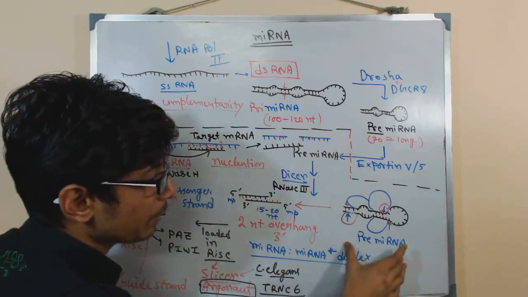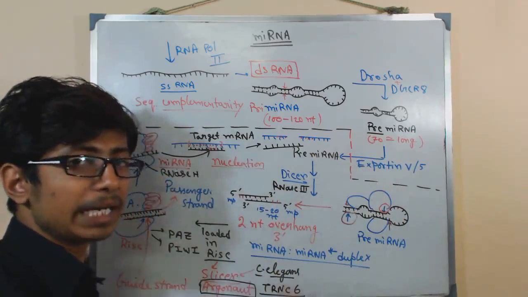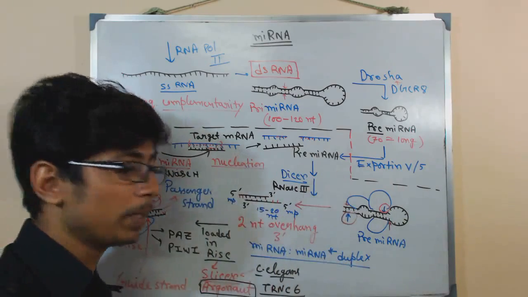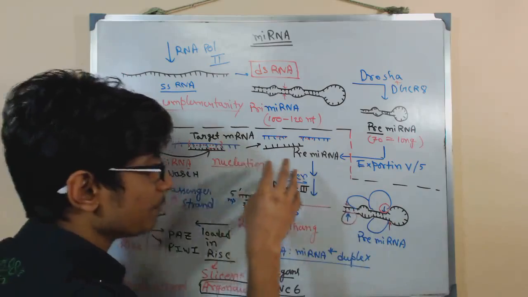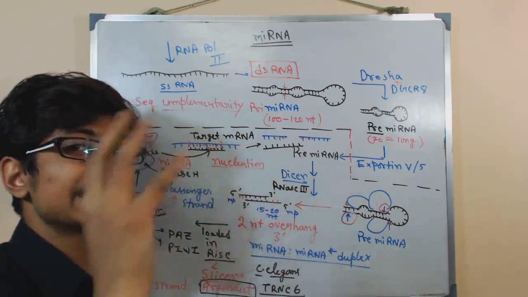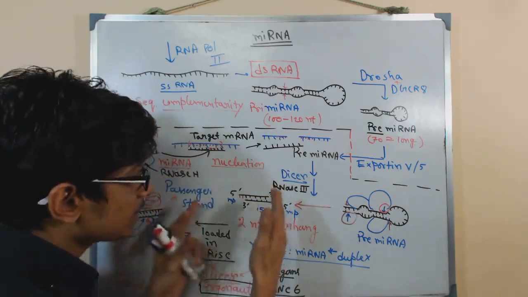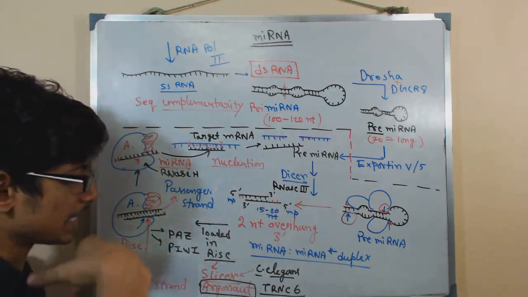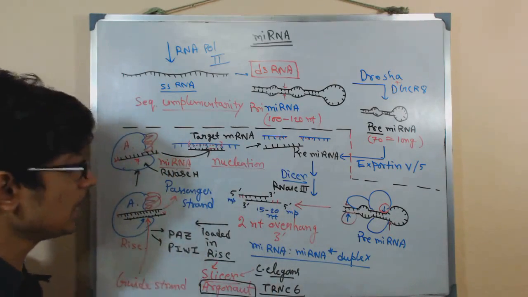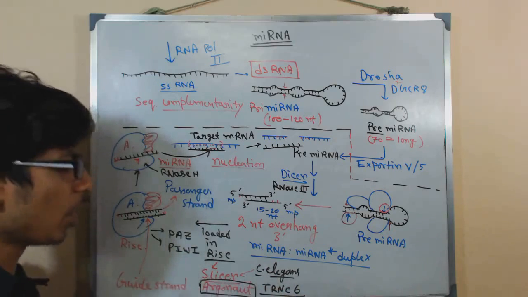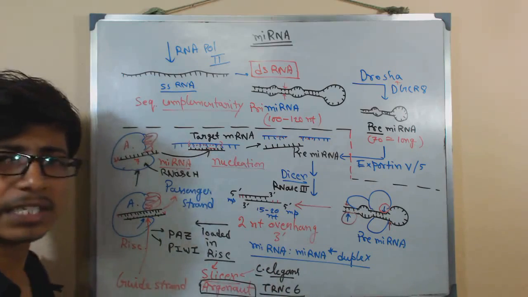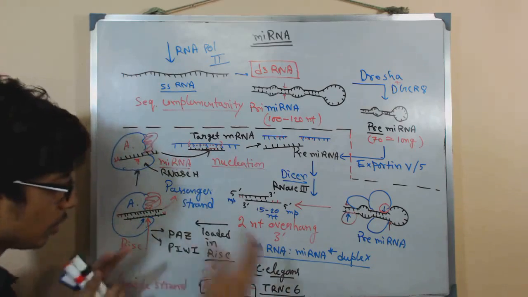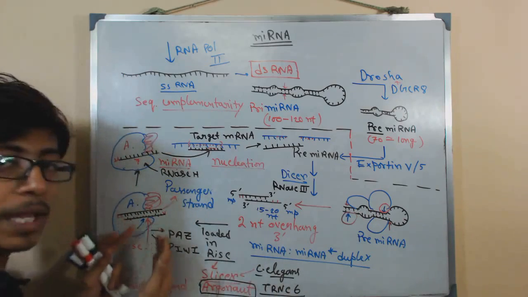Then it produces the pre-miRNA, and that pre-miRNA will be cleaved and processed to produce the miRNA/miRNA-star duplex. That is due to the activity of the enzyme Dicer, which is a very important RNase III type of enzyme. Once that is produced with an overhang structure, it will bind to the RISC complex, which is called the RNA interference silencing complex, with Argonaute and slicer or TRBP, whatever it is. Then that whole RISC complex will go, and that RISC